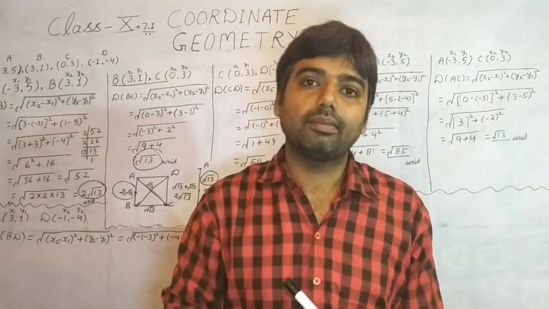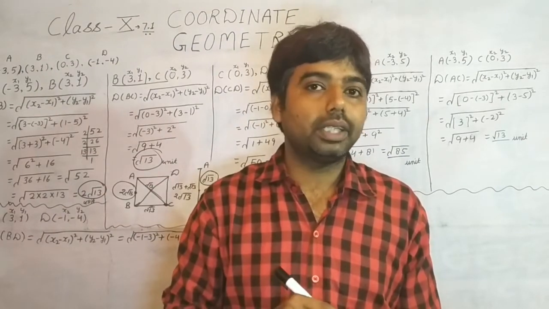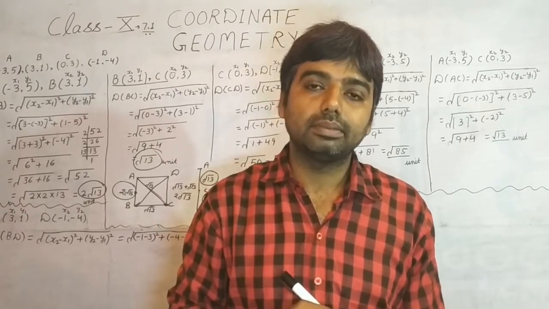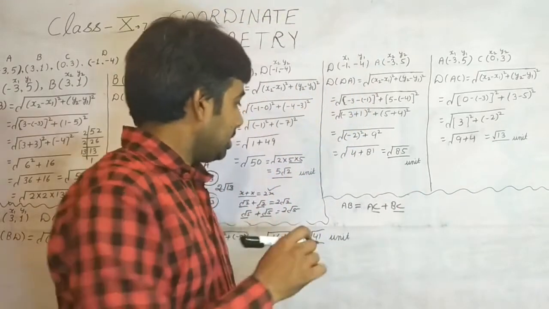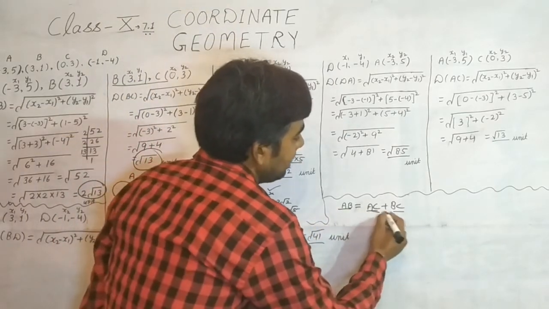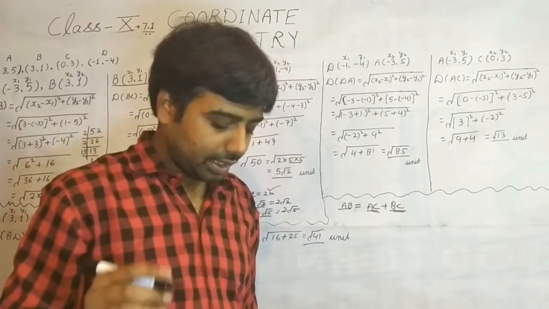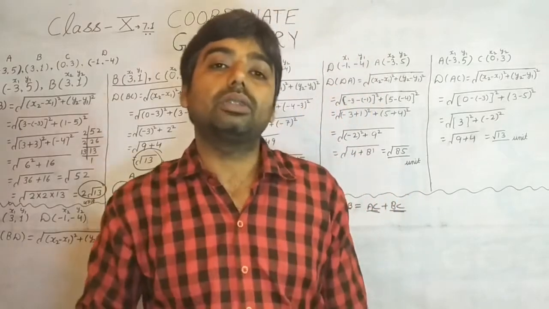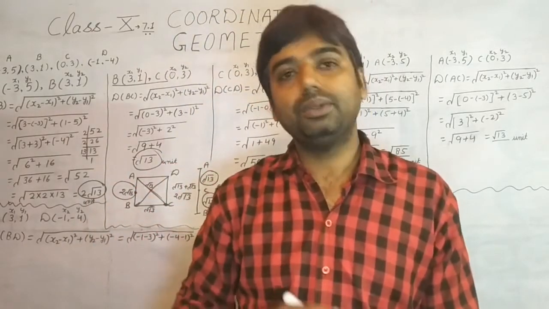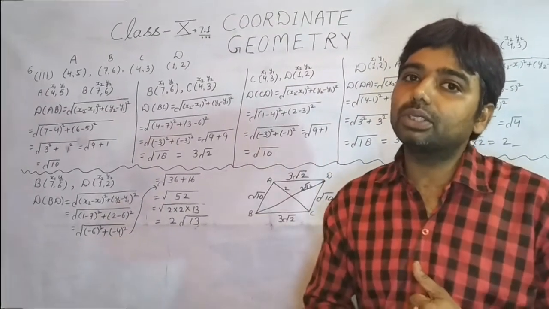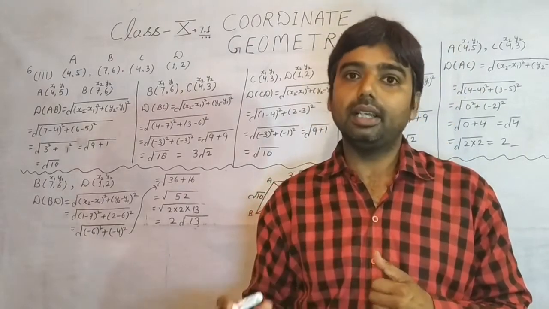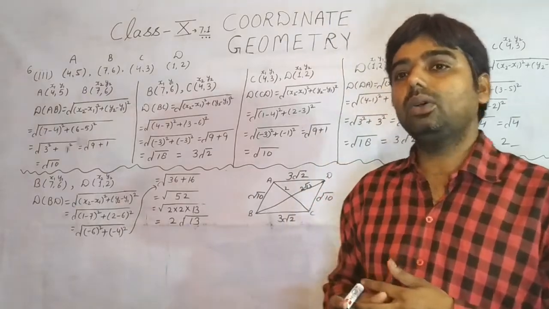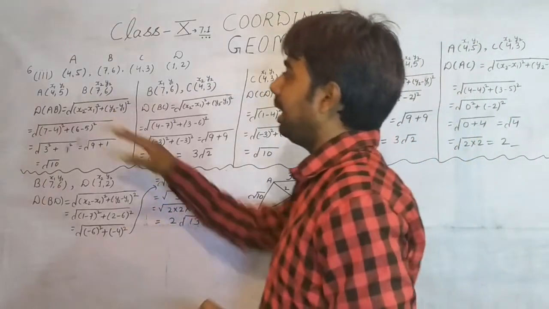You're right. Quadrilateral will not form. So, in this question, AB is equal to AC plus BC. So, a quadrilateral is not going to be formed. This is the answer of this question. Thank you. Come to the next part. The first part of this question is a square, and the second part of this question is not a quadrilateral. We have done it. Now it is time to do part three.